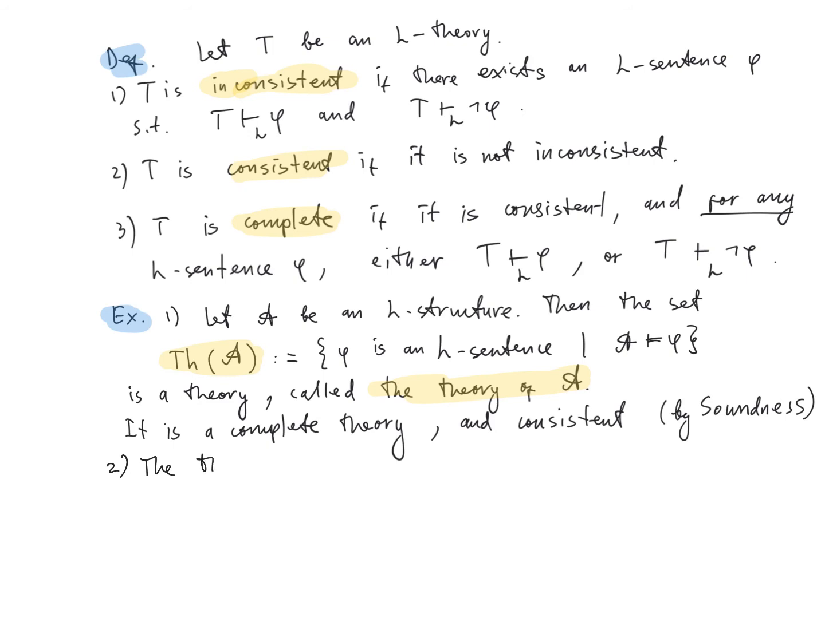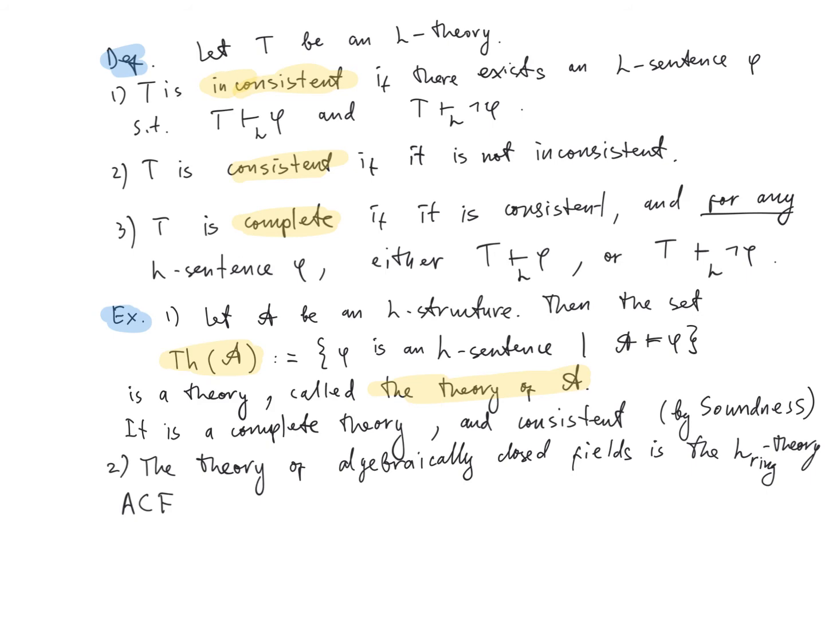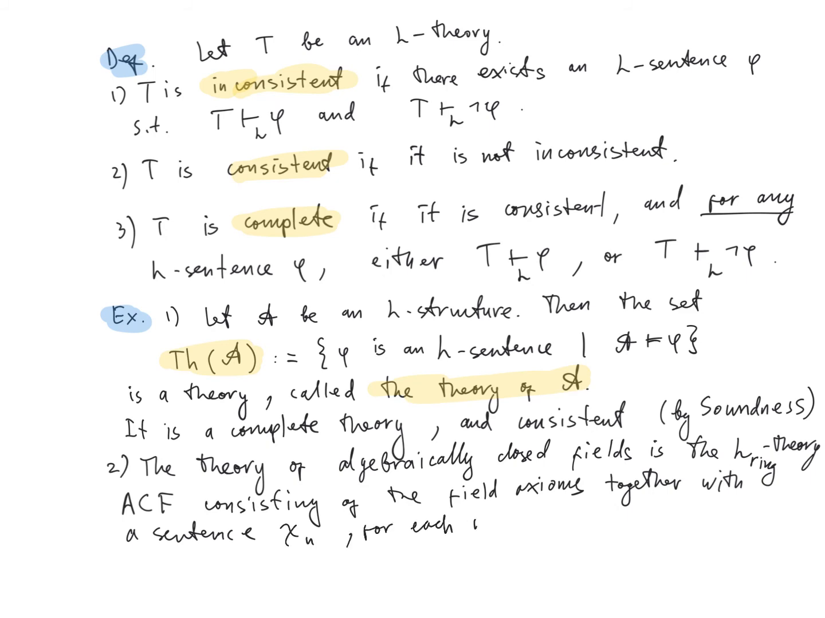2. The theory of algebraically closed fields is the theory in the language of rings, so an L-ring theory, which we denote as ACF for algebraically closed fields, and it consists of the field axioms, which we already know can all be expressed in first order, together with a sentence chi n for each natural number n greater or equal than 1, expressing